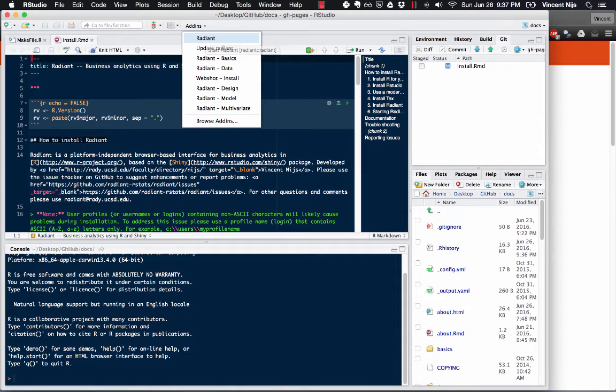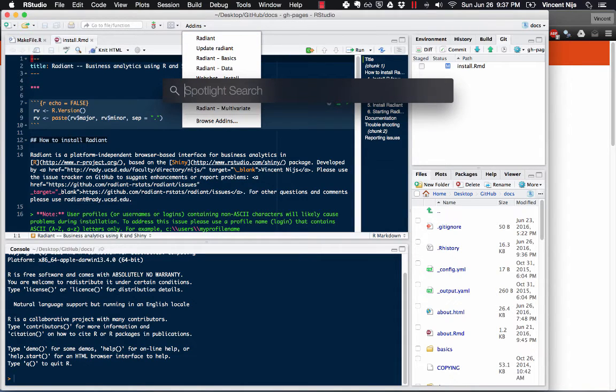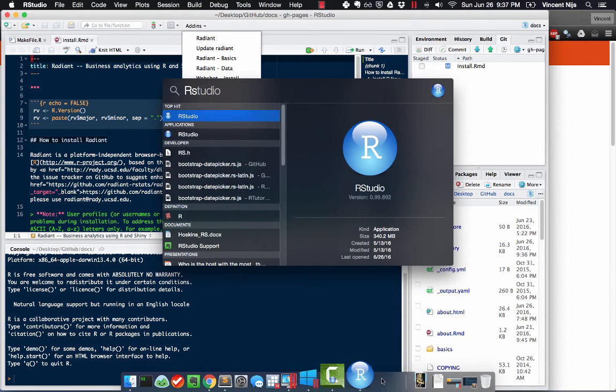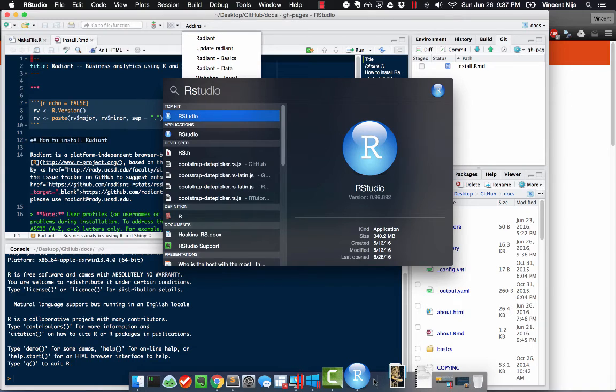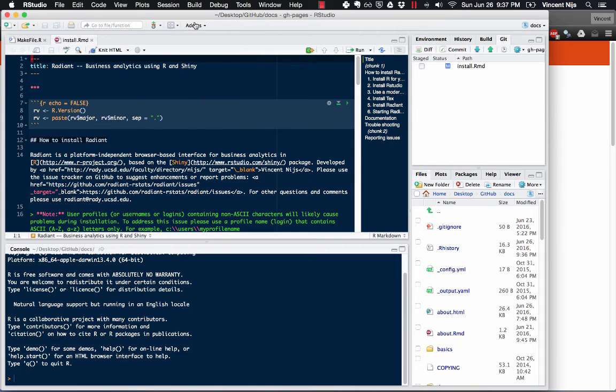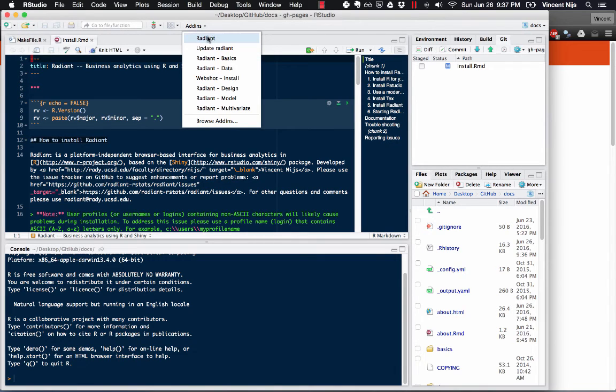Now, by the way, what might be a good idea for you is if you drag RStudio here to the launcher menu. All right, okay. So if you click on add-ins and then on Radiant,